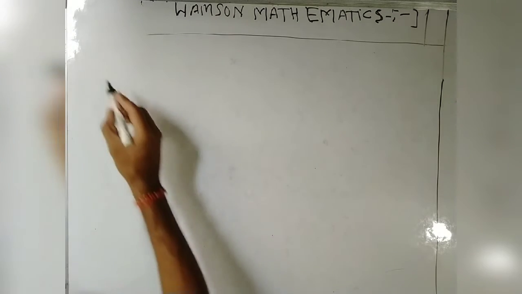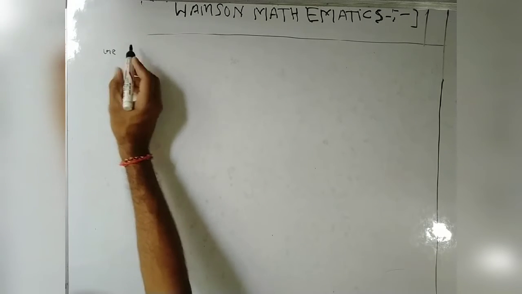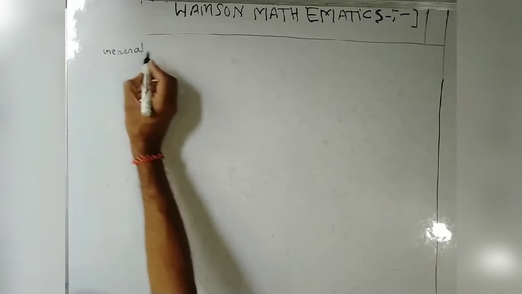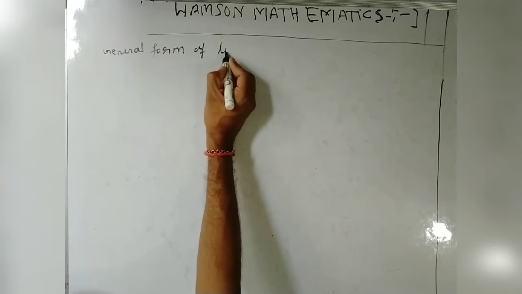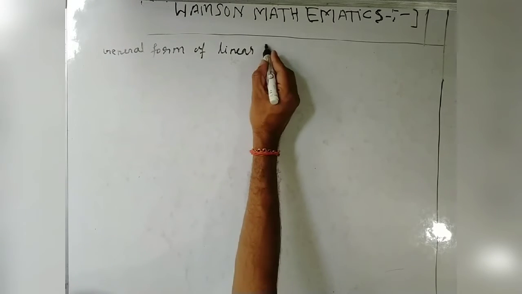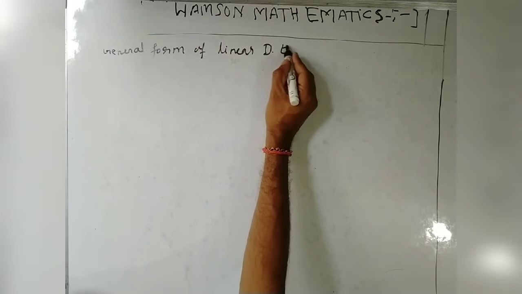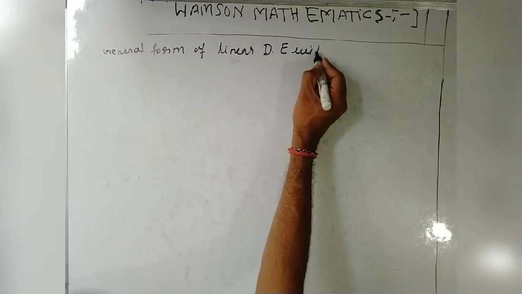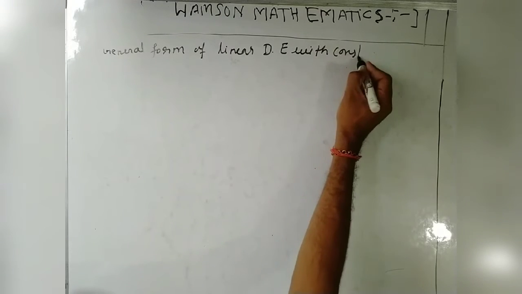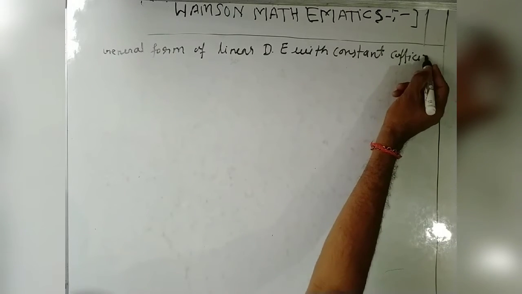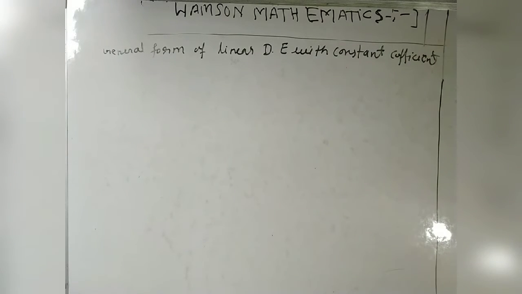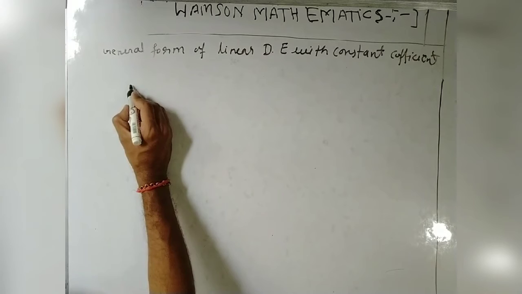So the general form of a linear differential equation with constant coefficients. Okay. So what is the general form? The general form is nothing but